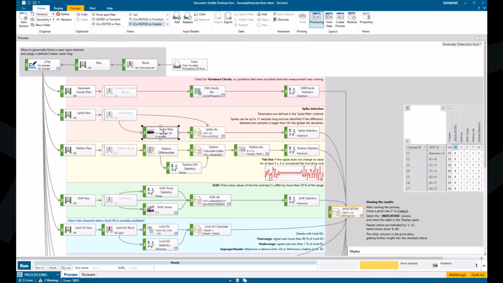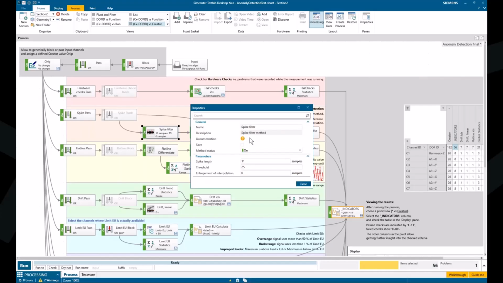Here we basically have a method that corrects the spike already with a certain set of parameters, but I don't want to correct it immediately. I just want to know where it is so that you have the chance to compare it and to look at it and decide whether it's really a problem or not. So this is what I do in the next methods. But what is the spike filter actually doing? Let's go to the